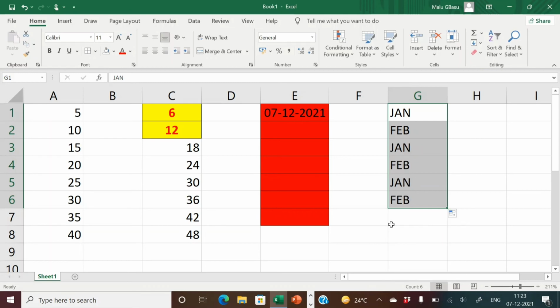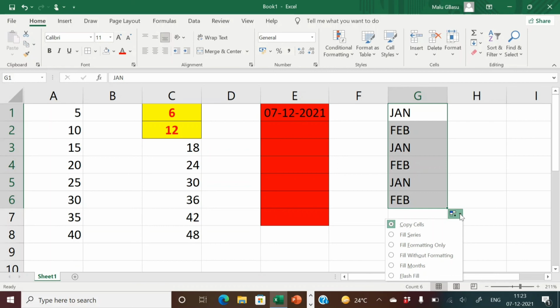Let's see what happens. Initially, when I dragged it, it came January, February, March, April, May. But since I chose the option copy cells, only the cells with Jan and Feb got copied. So in the corresponding cells, only Jan and Feb are getting displayed, not the names of the months after February, because I have selected the option copy cells.